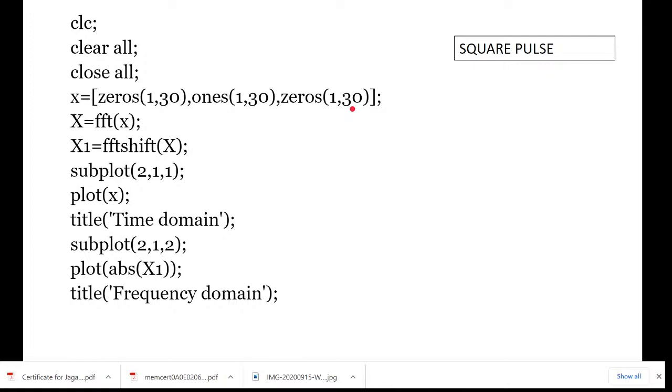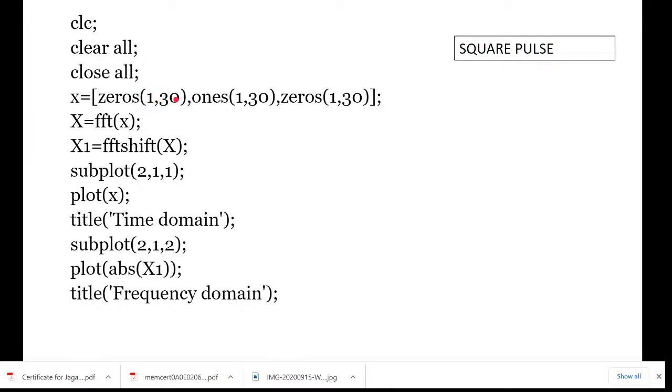Because we need to generate a square pulse to compute the DFT of that. So x will represent the square pulse. In order to define the square pulse, we will be using the zeros and ones functions. When we give zeros of 1, 30, what do we get? This function we have seen earlier: zeros of a, b gives you what? In this case, zeros of 1, 30 gives you a row